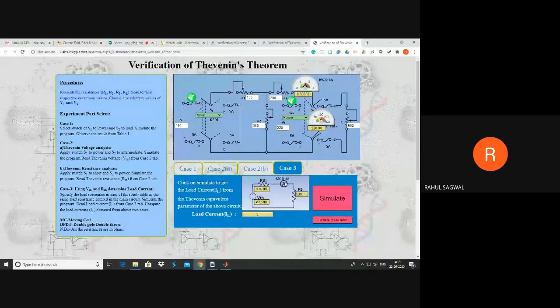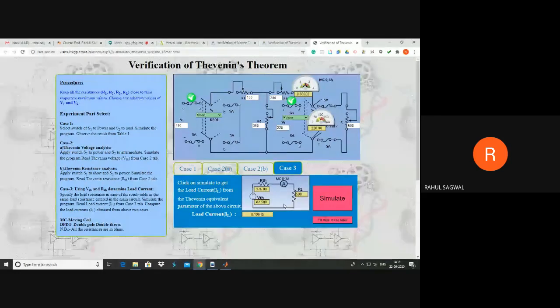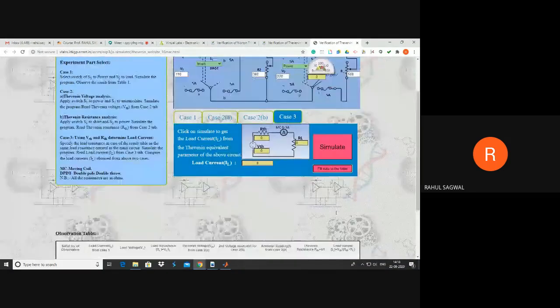Okay, finally what you did, you fed in these values basically. RTH value, you put this value RTH here and the value of VTH 82.5. Next, you will be calculating load current. So once you simulate, you will be getting this much of load current. If you compare this load current with your original circuit's load current, both the values are same. So then you can comment on it like, okay, my equivalent circuit is same as my original circuit. So Thevenin theorem basically, these are the values which you received.